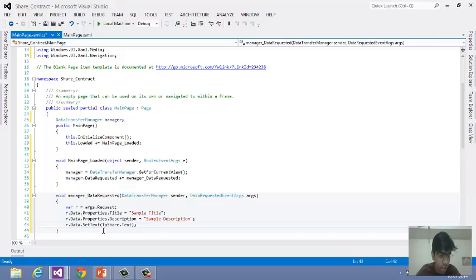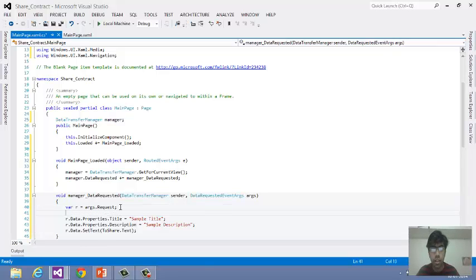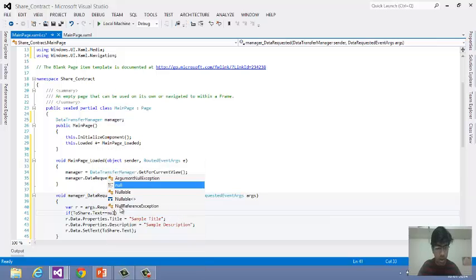Well, this code is good to go for sharing text, but I want to be a little more protective. What if the data that is inside the text box is nothing? I mean, the text box is empty. That will throw a null reference exception. So I don't want to do that. So I'm going to check it first. If toShare.Text equals null,